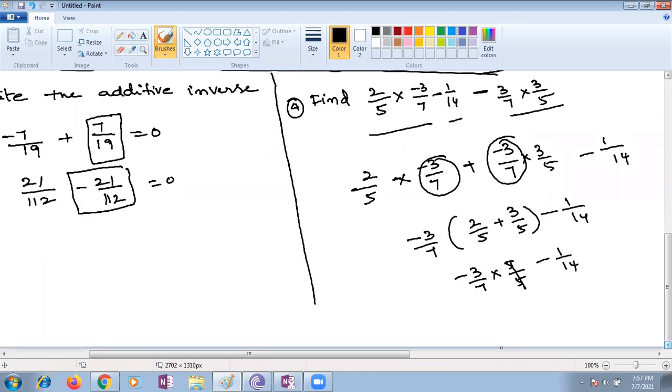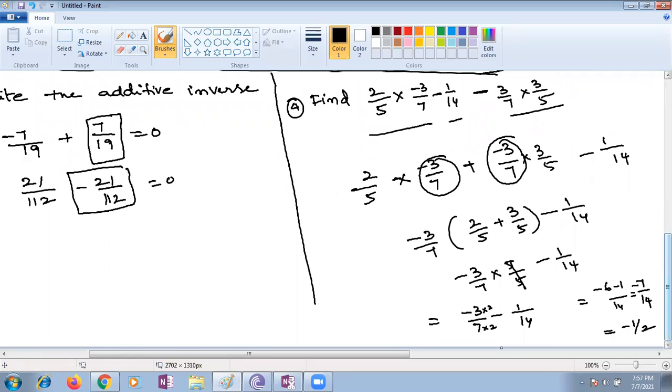Now what is left over here? Minus 3 by 7 minus 1 by 14. Very good. You just make it as 2. Because LCM is 14, so 3 twos are minus 6, minus 1 by 14. It's minus 7 by 14. Minus 7 by 14, how much, children? Minus 1 by 2.